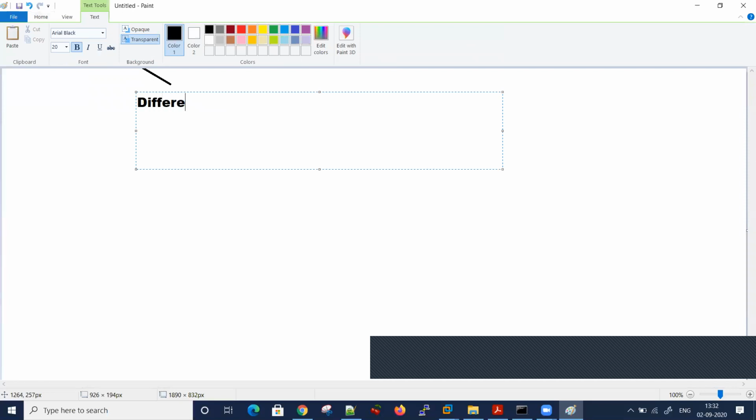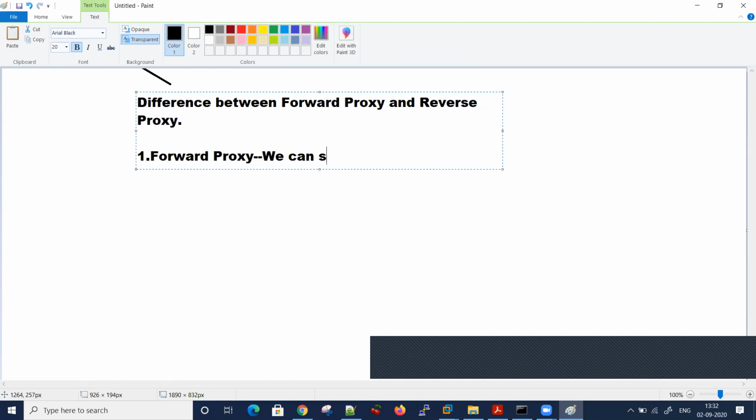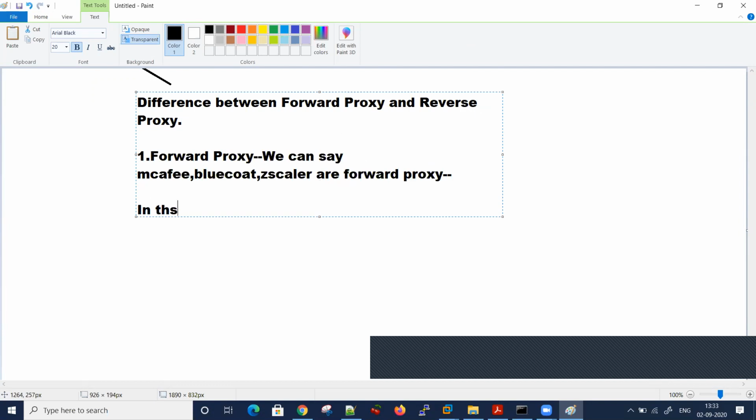So the difference between forward proxy and reverse proxy. Forward proxy, if we talk about, we can say McAfee, Blue Coat, Zscaler are forward proxies. So in this case, traffic comes from client, then it hits the proxy, then it goes to internet.